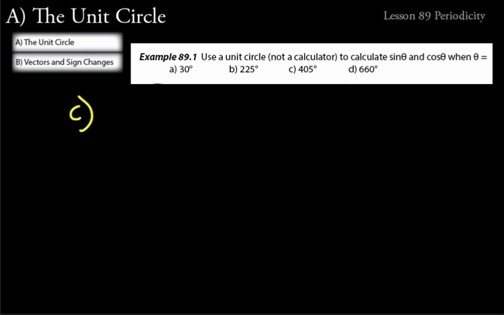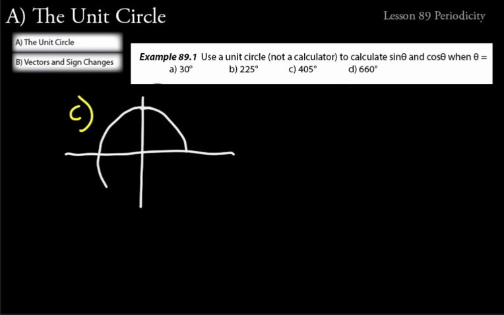On C, we want to find sine and cosine of 405 degrees. And here's where we're going to start getting into coterminal angles more. So let's just draw our xy axis, make a unit circle here. And again, nothing really fancy, but just try to draw a circle on there. And let's think about 405 degrees. So we're starting at the positive x-axis, and we're going to go around 360. But we still have 405 minus 360. We still have 45 degrees to go. So let's go up to that.